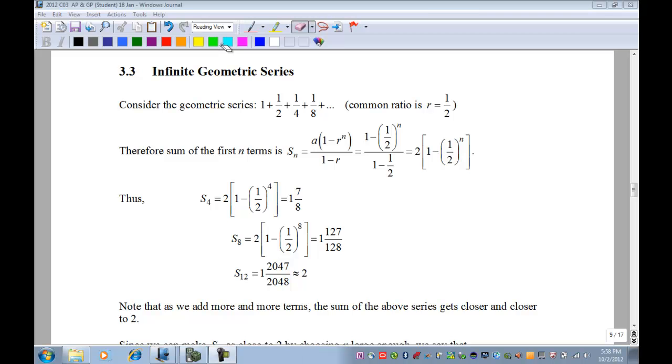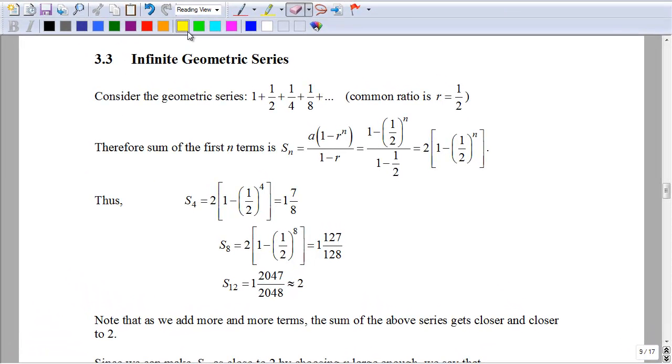In this video, we explain what it means by a geometric series converging. Consider the geometric series 1 plus a half plus a quarter plus 1 over 8. We can see the common ratio is r equals half. Therefore, the sum of the first n terms, Sn, will be